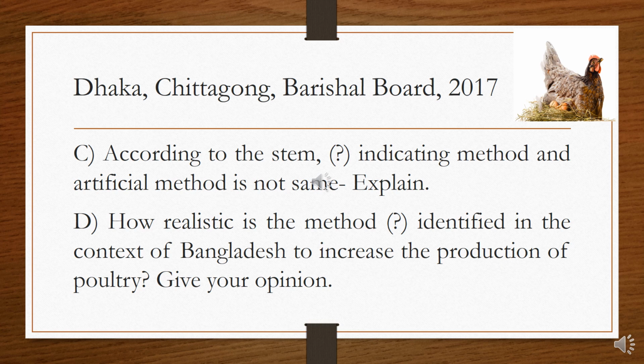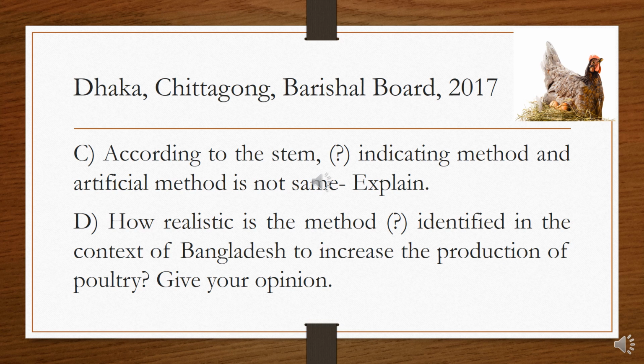In the first stage, a small basket is kept, and this method is very much realistic because in the context of Bangladesh, village people have no technical knowledge. In case of artificial method, technical knowledge is required, but in case of natural method, no technical knowledge is required. A smaller number of eggs can be hatched, approximately 8 to 10 eggs, but an incubator is not needed in case of natural method, and in this method the mother bird can take care of the chicks.